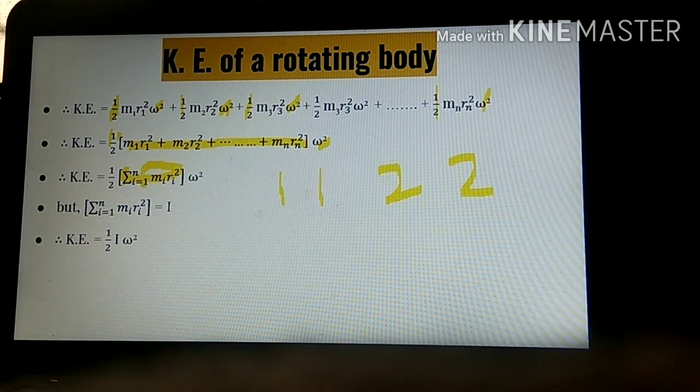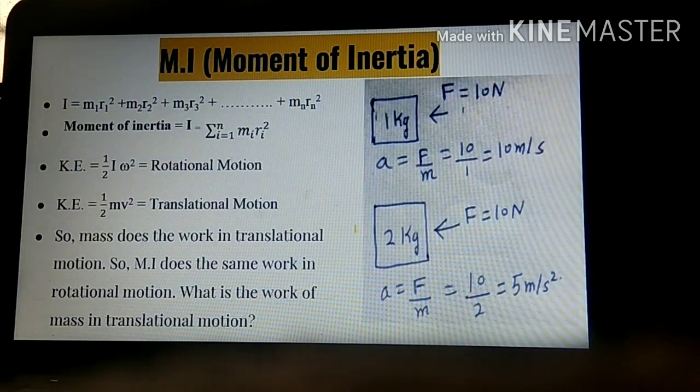But this whole summation is called inertia. Whenever the object is moving in a circular manner, it is having inertia. So for the kinetic energy of the rotating body, we have got this formula, that is half I omega square. Now we will discuss moment of inertia and mass. We have already seen this formula that I is equal to m1 r1 square plus m2 r2 square plus mn rn square, where I is called moment of inertia. We can write the value of I as summation, i from 1 to n, of mi ri square.